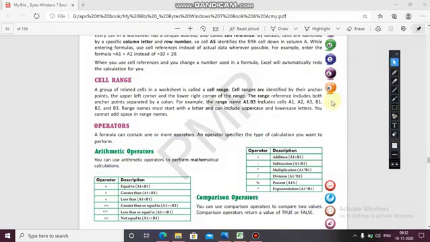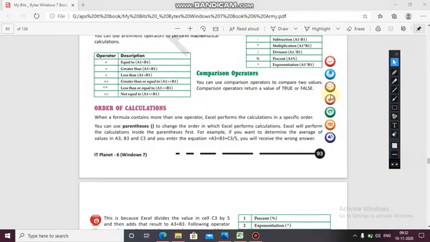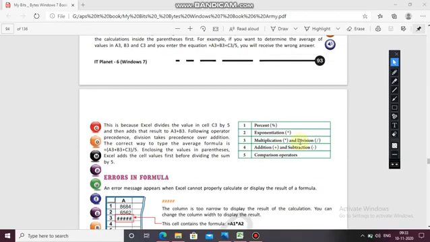Now next topic, order of calculation. You know in the parenthesis bracket you have to write the cell references, and when you want to divide them, multiply them, add them, you can do. If you want to determine the average of values A3, B3, C3 and you enter the equation A3 plus B3 plus C3 divided by 5, you will receive the wrong answer. Why is this so?